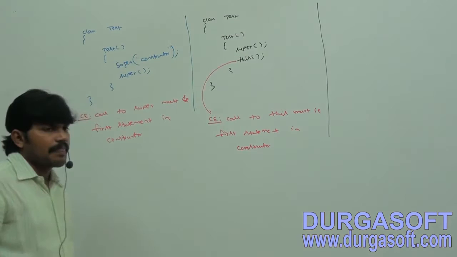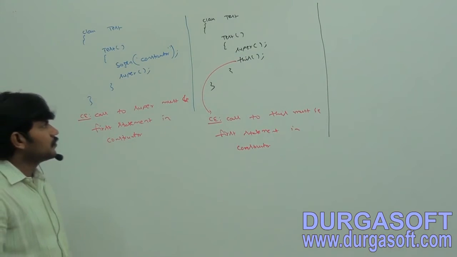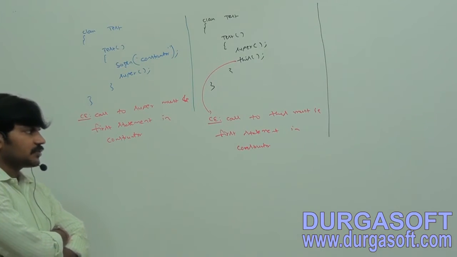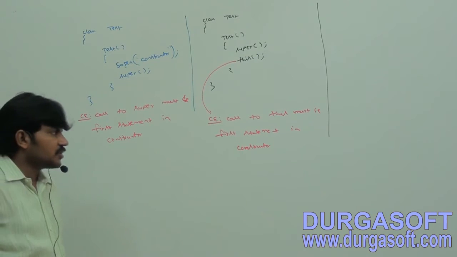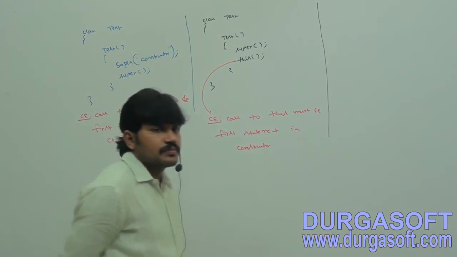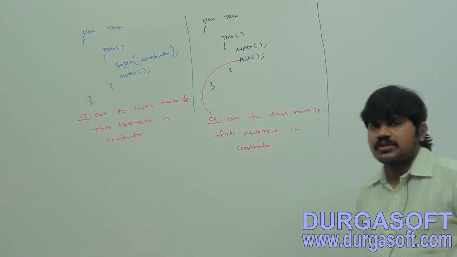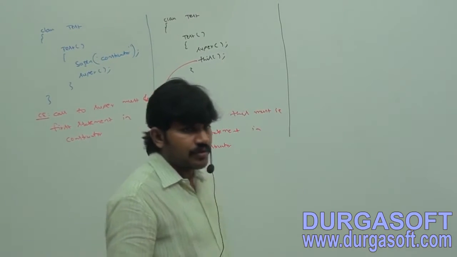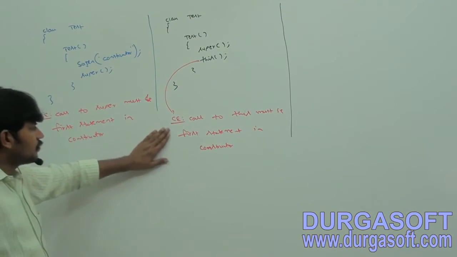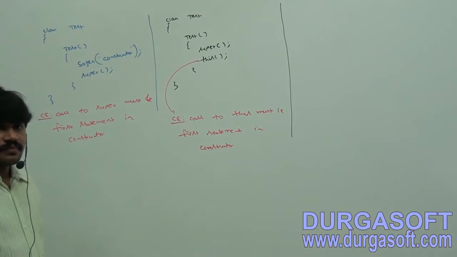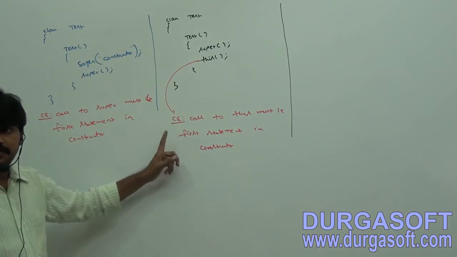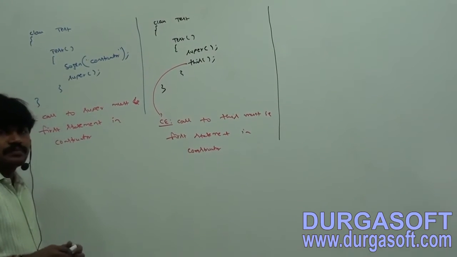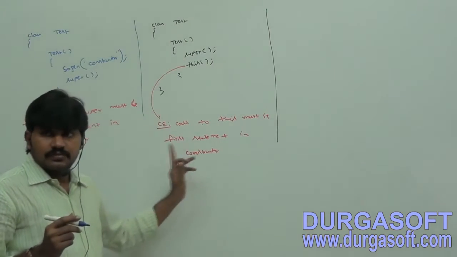Okay, that's all. Take this one. Class Test, super. The first one is valid, but the problem is this. Call to this must be first statement in constructor. Okay, that is the compile time error we are going to get. Can I complete it, right? Okay, this is the second possibility. Now the third one. Is the analogy clear?